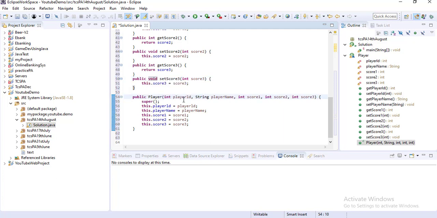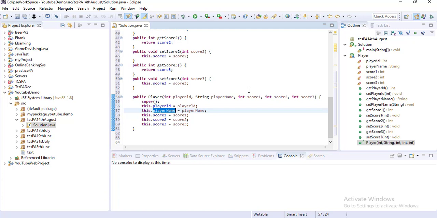Not even void. It will take all the parameters, so all the attributes. Basically you have 5 attributes, so the list is here: player ID, player name, score 1, score 2, score 3. It assigns these attribute values with the values that you pass at the time of object creation. So using the constructor at the time of object creation, you can pass the values and set the attributes of the class.